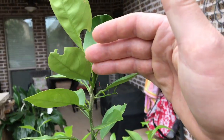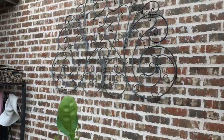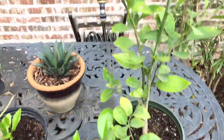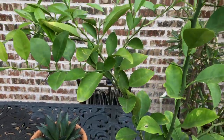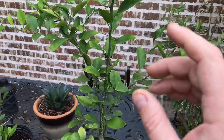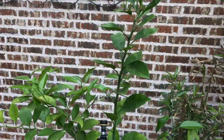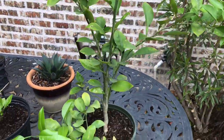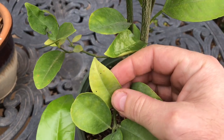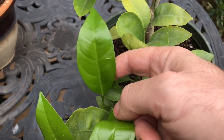Now I will tell you, I did prune this one last year because it was really tall. But at the end of the day, his leaves don't look the best. He struggled a little bit because I didn't have him in a greenhouse or indoors. I did leave him on a patio, and he was subject to some cold temperatures, but it didn't kill him because he wasn't under direct frost at any point during the winter. That being said, last year's foliage doesn't look the best, but the new foliage this year looks